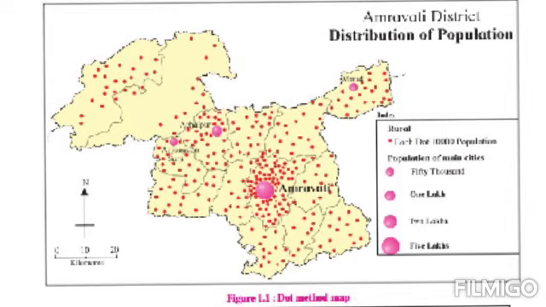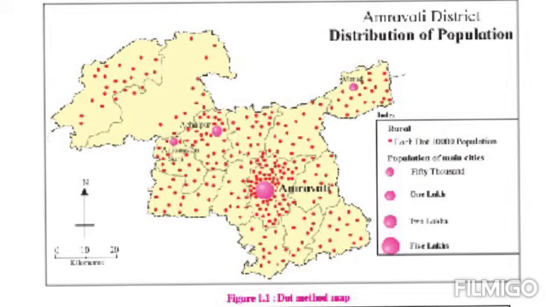Now the second question is, name the place having a population of 1 lakh on the map. Is there a city place which has a population of 1 lakh? Yes, that is Anjangaon Surji, right? Now the third question, which part of the map shows sparse distribution of population? Sparse means very less population, right? So you can see to the north there is one taluka, its name is not mentioned here, but I know the name, it is Chikhaldara. Chikhaldara, you must have heard, it's a hill station, right? Hill station means it's a mountainous place. So naturally, because of this mountainous place, the population is very sparse. So we got answers for all these 3 questions.